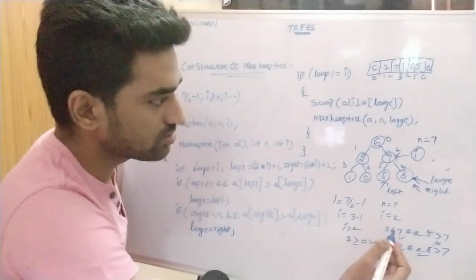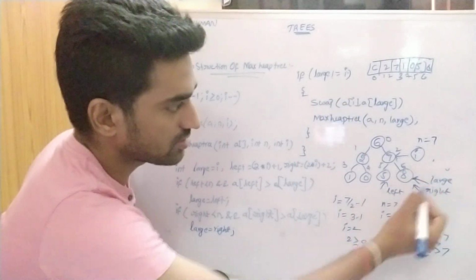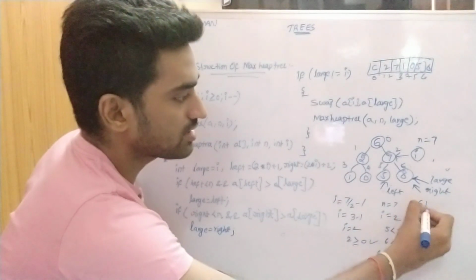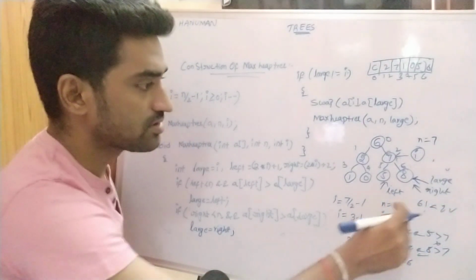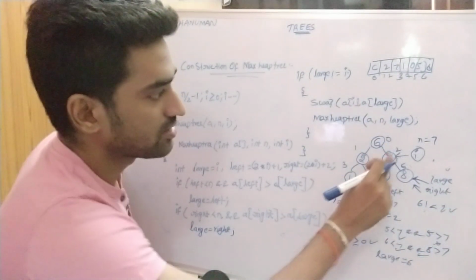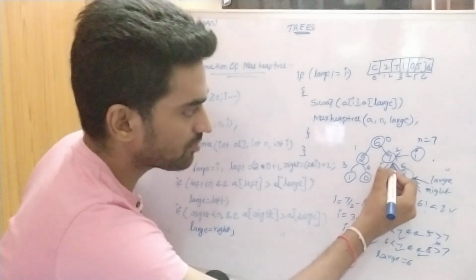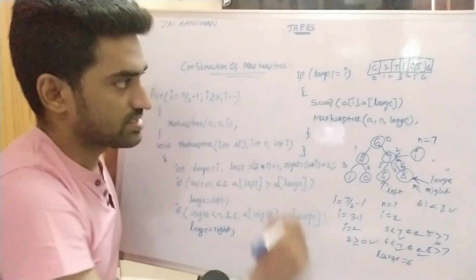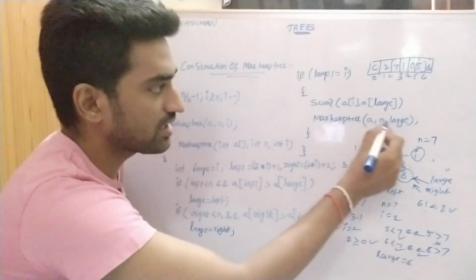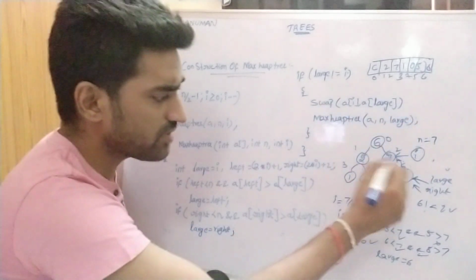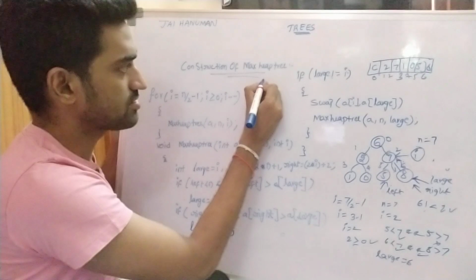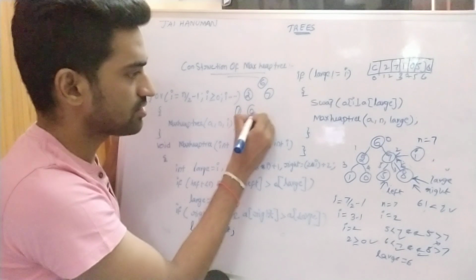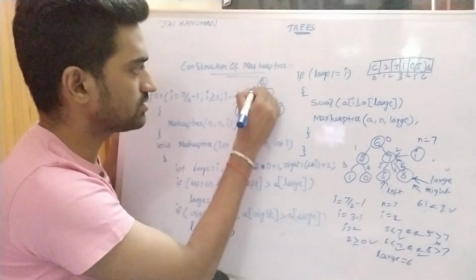So what is the large value? So large not equal to I. So large is said to be right now. So large is equal to 6. I value 2 not equal to 6. So condition true. So that's why we apply A of I, A of large. A of I means A of 2, A of large. So we apply swapping procedure. Then we can call the A comma n comma large. So once we apply swapping procedure, tree becomes like this: 6, 2, 7, 1, 0, 5, 8.